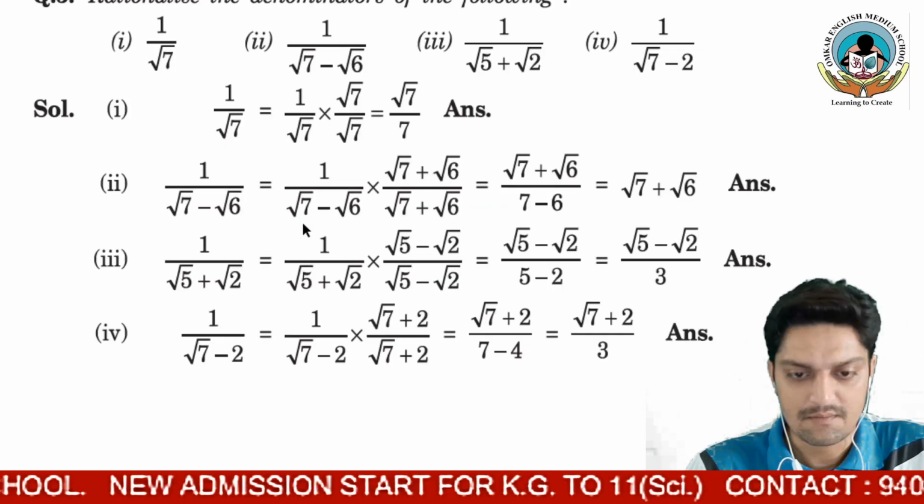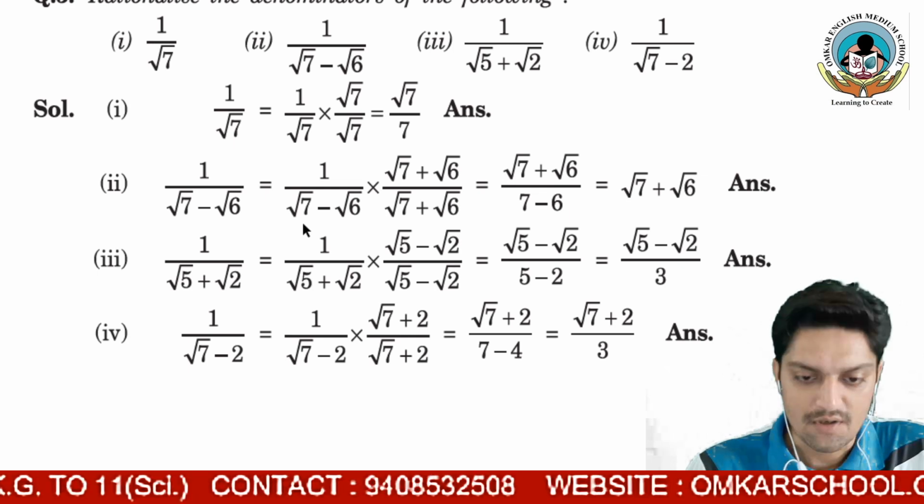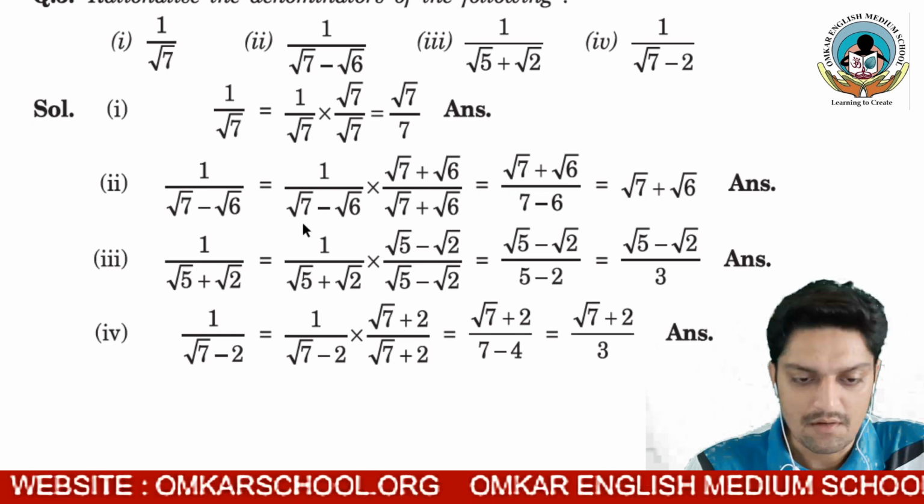and one previous question I have skipped, that is very easy to represent one number, that is 9.3. I am talking about the fourth question right now. In that question you have to represent one number on the number line. Before this video, many times I have explained how to represent any number on the number line. So I hope you can solve that question. If you are not able to solve it, you can contact me anytime. Now let us come to the fifth question.